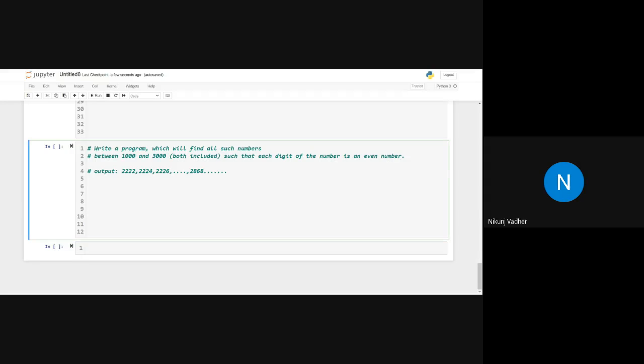Can anyone tell me how we are going to implement it? It is a very simple definition. We are supposed to find all the numbers between 1000 and 3000 where each digit of that number is an even number.